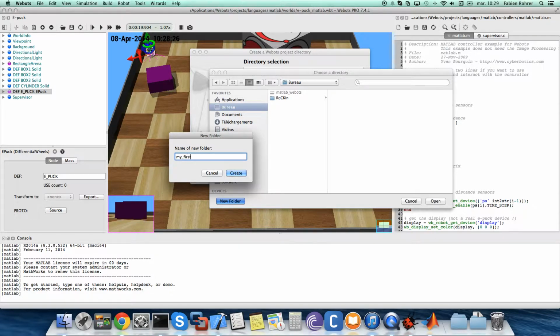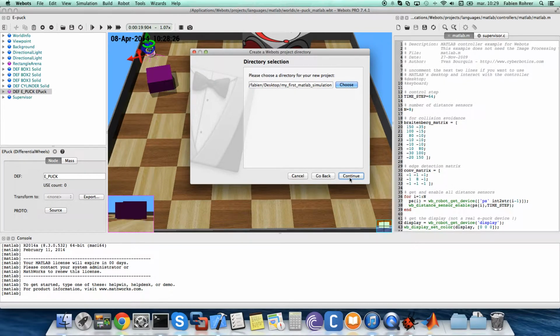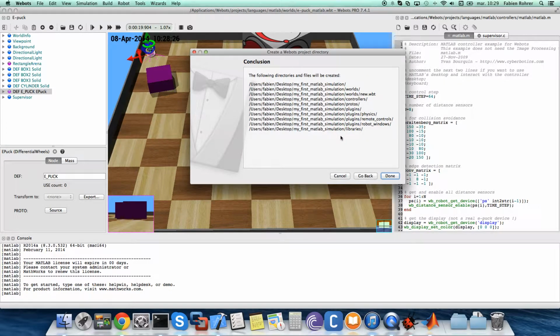My first MATLAB simulation. Open. And Webots creates a bunch of subdirectories, which are the standard directories used by Webots. Here